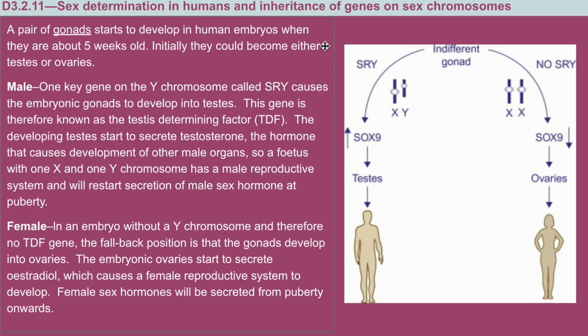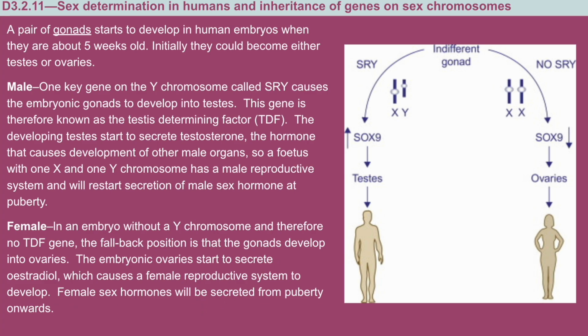Now, initially, they could become either testes or ovaries. On the Y chromosome, there's a gene called the SRY gene. It's known as the testis determining factor. If it is present, the developing testes start to secrete testosterone, and a male develops. In the absence of that TDF gene, the fallback position is developing into ovaries and that individual